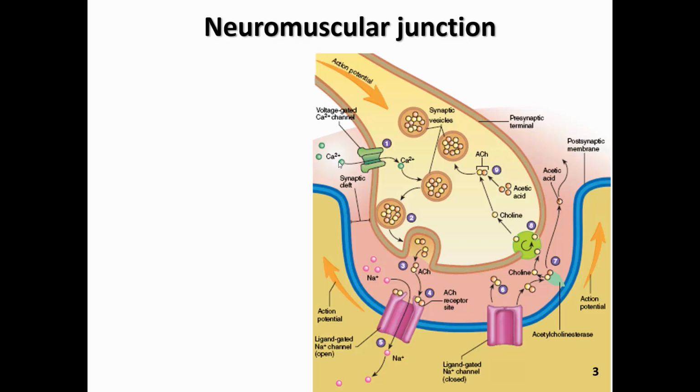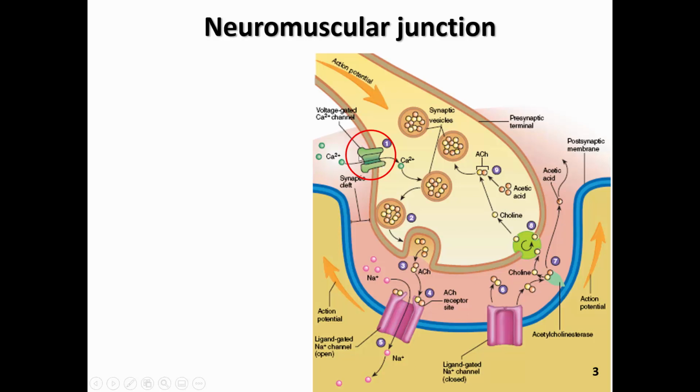So recall that the activation of an alpha motor neuron begins in the spinal cord, and that action potential passes along the entire length of the very long axon, and that's what we see illustrated at the top of this slide. So we see an action potential propagating along the full length of the axon until it reaches the terminal part of that axon, and it will trigger the conformational change, which is to say that voltage-gated calcium